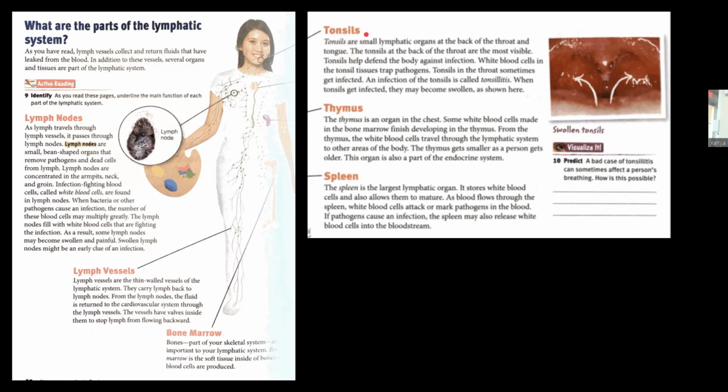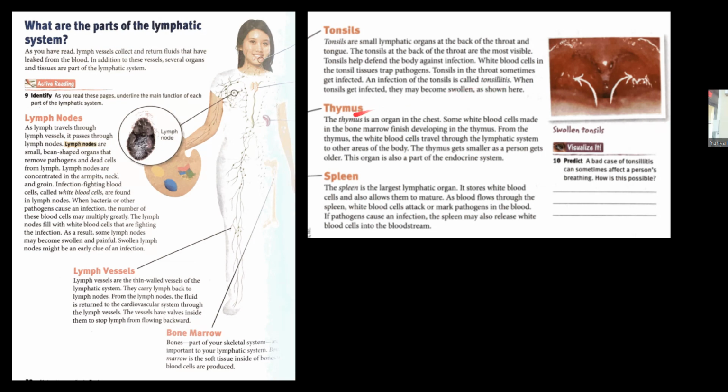The tonsils are also a part of the lymphatic system. Probably a lot of you have heard that people have their tonsils removed. Tonsils are tiny little structures in the back of the throat, and oftentimes they help the body to fight infections. Now sometimes they can get too swollen when they become infected, and that's called tonsillitis. When that happens, sometimes they are removed.